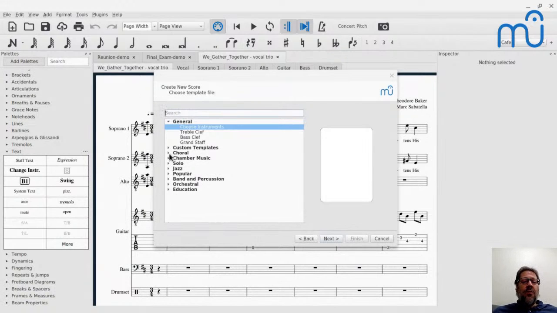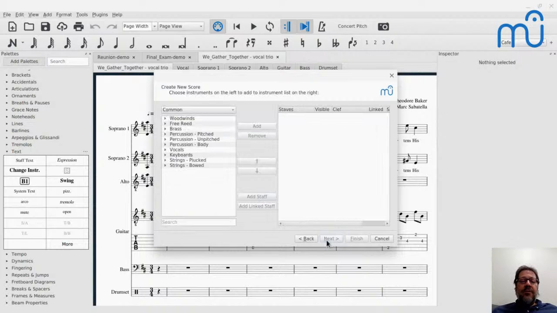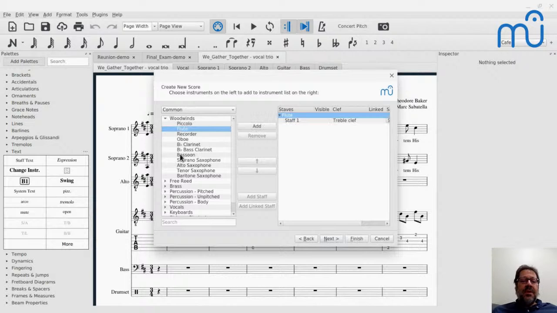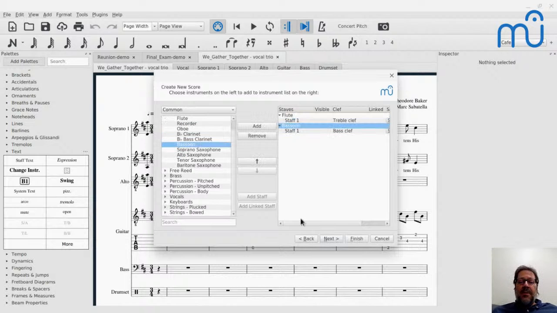And also when I choose my instruments, if you pick any of these templates, they set up things for you. If you choose instruments yourself, you'll get the name. So let me actually just create something for flute and bassoon. That'll be my duet, and vocal, because we know we're going to want lyrics at some point. Voice.